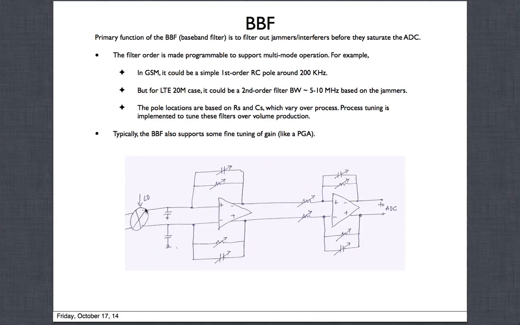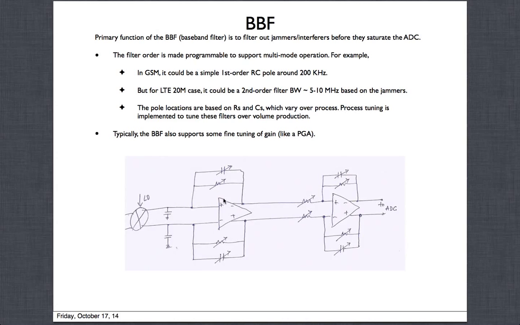But the baseband signal, which is the down converted signal, RF minus LO, goes through here. If we didn't have these caps, then some of the RF signal would also leak here, and we don't want it. Even though the filter will filter it out, we just don't want it to go to the baseband side. That's why we put these caps. So this is a trap for RF, and this is the way the baseband, the down converted signal, goes.